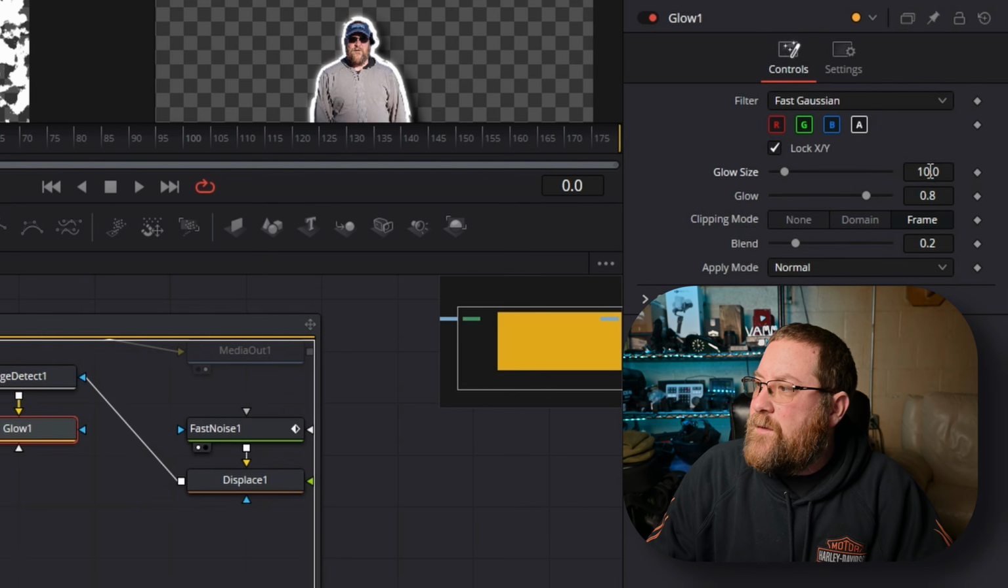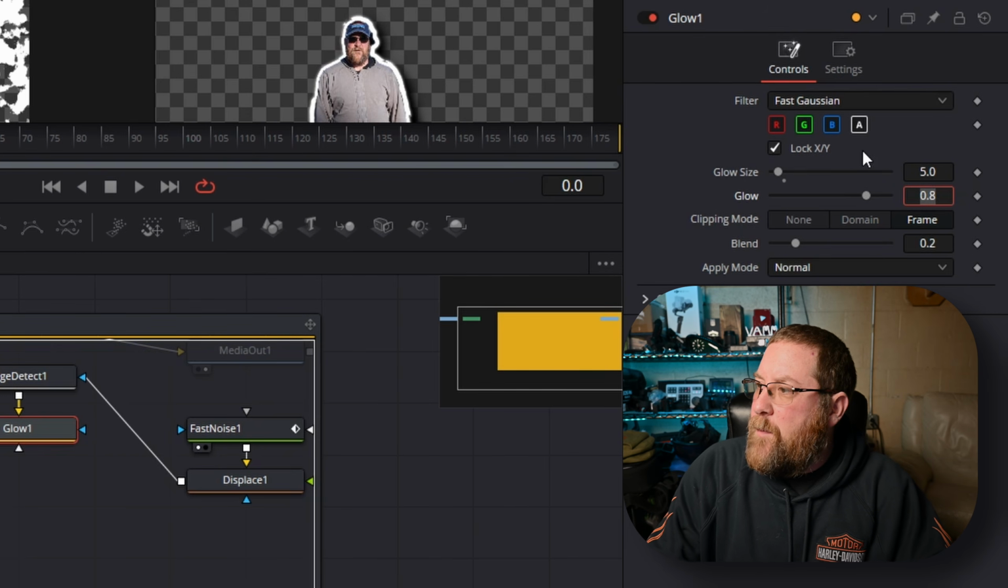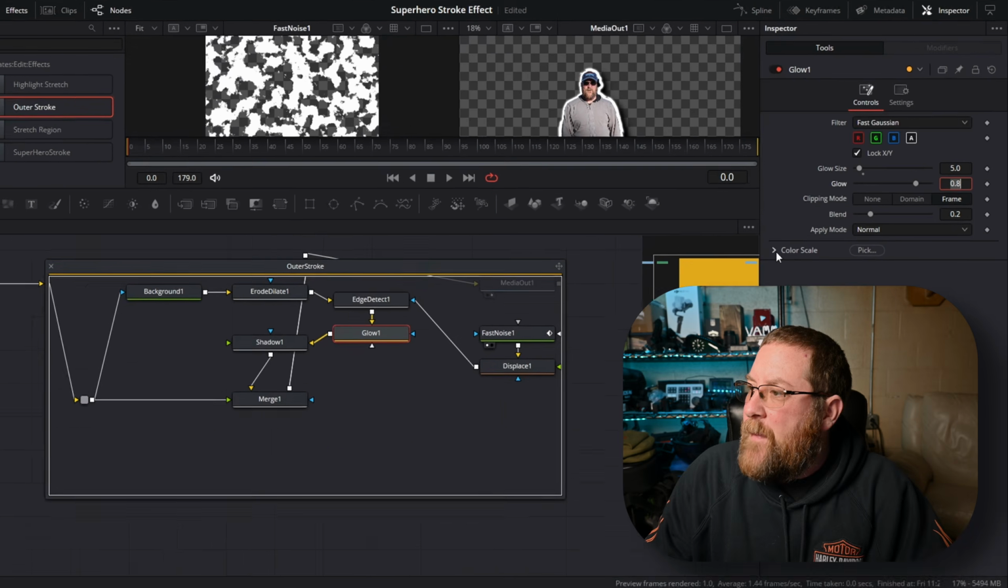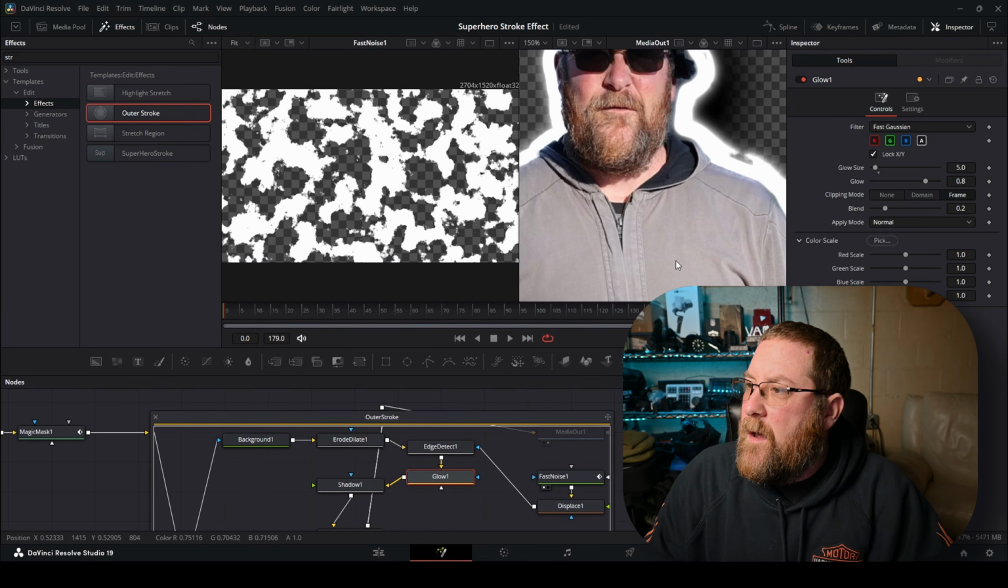But our glow size, we're going to change that to 5. And then we're going to tab over to glow. 0.8 is fine. Blend 0.2 is fine. And that looks good. So if I expand this and then control mouse wheel to zoom in, if I want